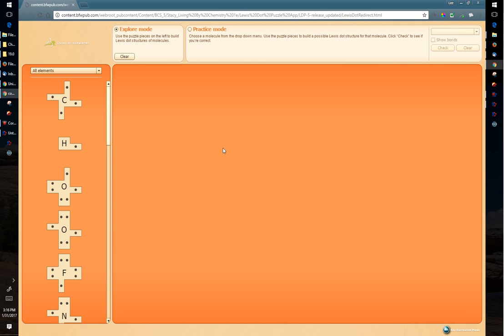This video is going to show you how to use the Living by Chemistry electron dot molecule builder to create some molecules that we've been working on. So let's start in the explore mode. I can just drag a carbon in here. Let's make our CH4 to begin with, and we would drag in four hydrogens and one carbon, and then you